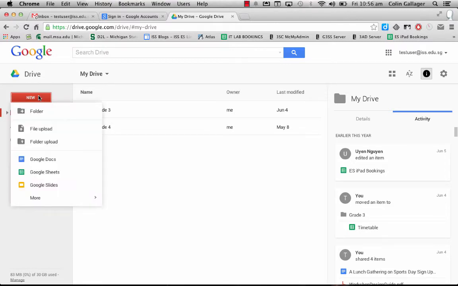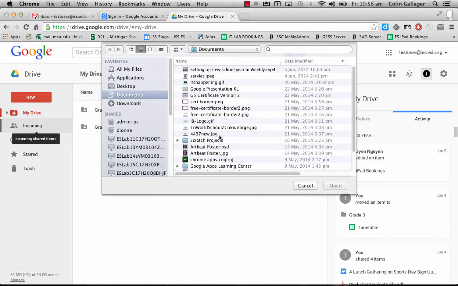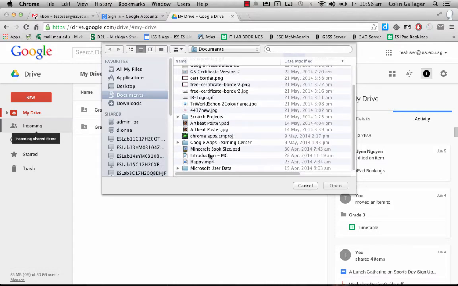So in the new button, basically a couple of different changes. Make your folder like before, file upload, folder upload, and then we have creating the Google Docs, sheets, slides. We've got forms and drawings. When we upload a Word document, here's where it gets a little bit different. So if I click file upload, if I try to find a Word document here,